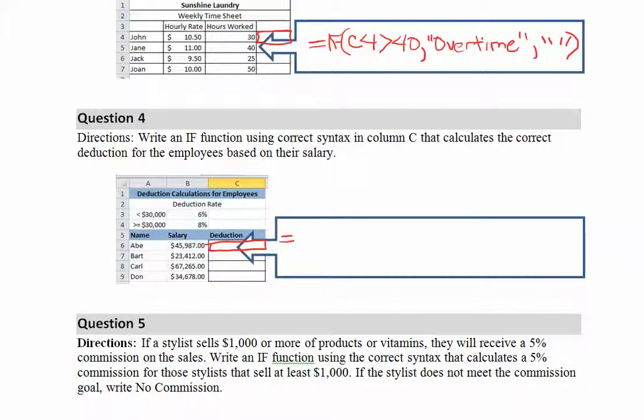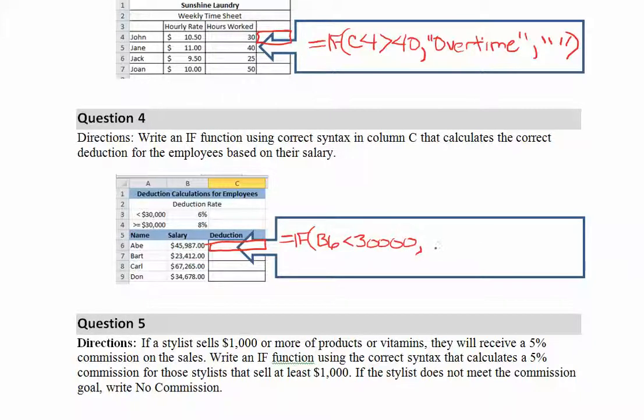Okay, so we start with an equal sign and if, and we are looking at the salary in B6, so is B6 less than 30,000? Notice how I'm not using commas when I write numbers in these if statements. I don't, because the commas in the if statements are one purpose only, and that's to separate the 3 areas of an if statement. Okay, so it is B6 less than 30,000, and if it is,